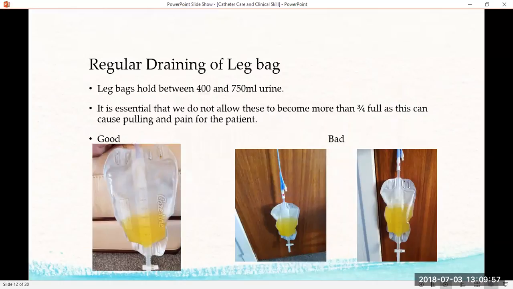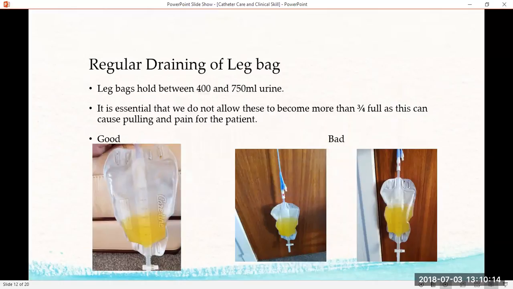I like the fact that it was really secure with the leg strap as well. Yeah. And that's what we're trying to do. We're trying to keep it nice and secure so we're not going to hit any problems. Yeah. So if we're just moving on to our next slide, this is just surrounding the regular draining of